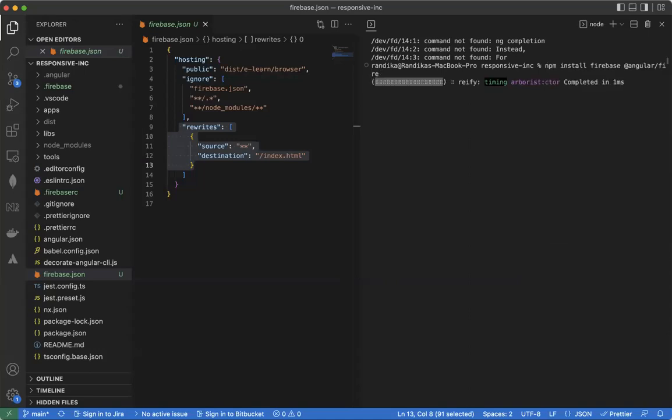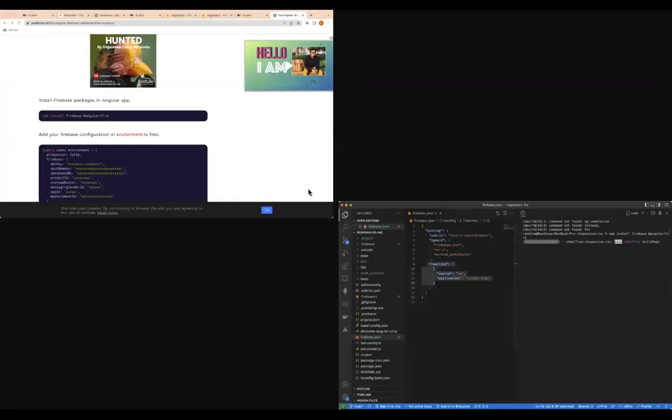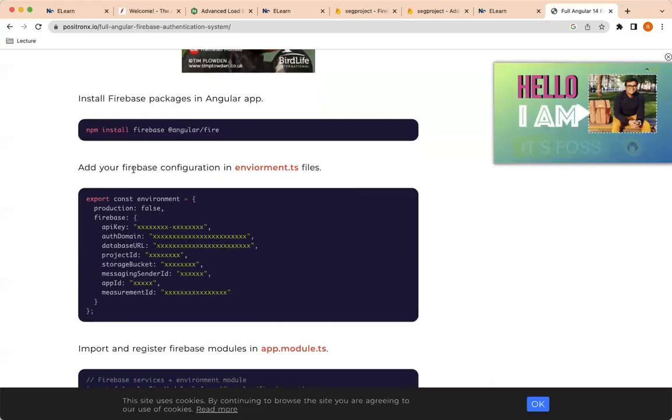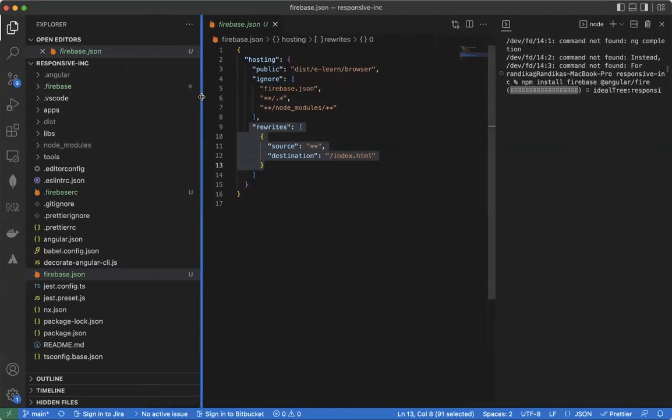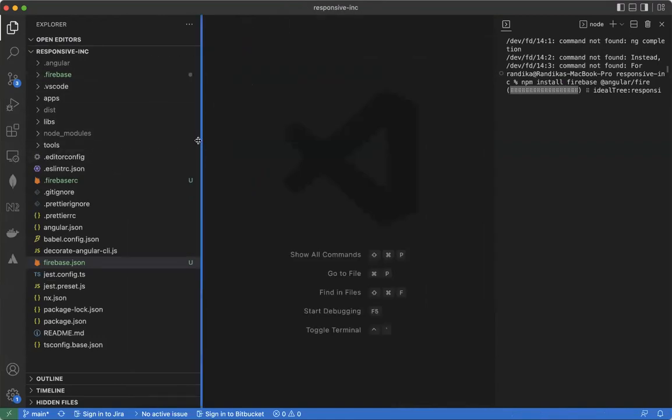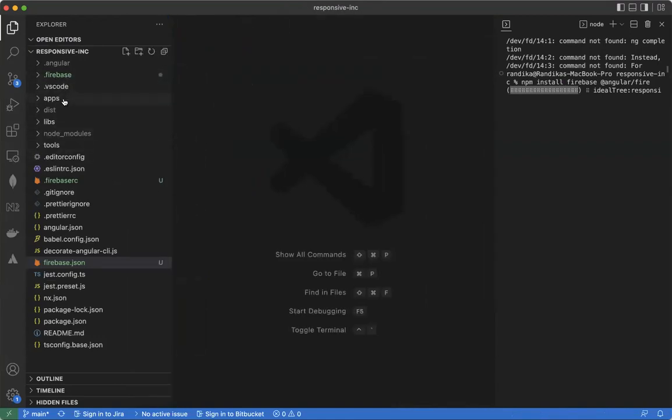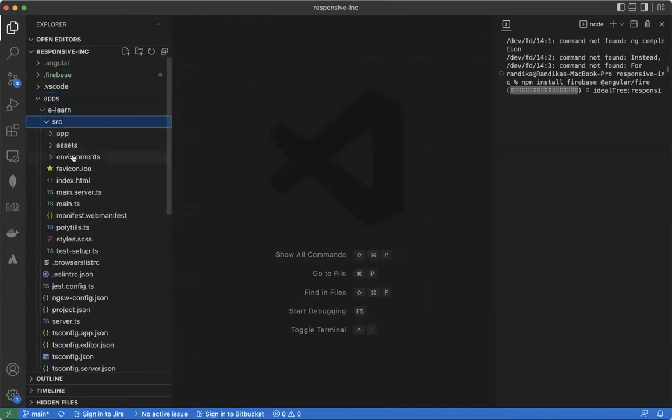Once again, we have to make sure Firebase and Angular are there. Let's go to the tutorial while it is installing and add your Firebase configuration. If you can remember, we have different environment TS files within our Angular application, which means we can store the configuration in these environment files. If you go to your application, learn, src, environments, there